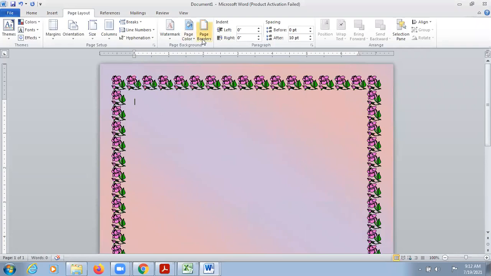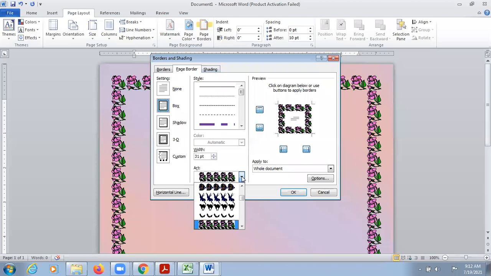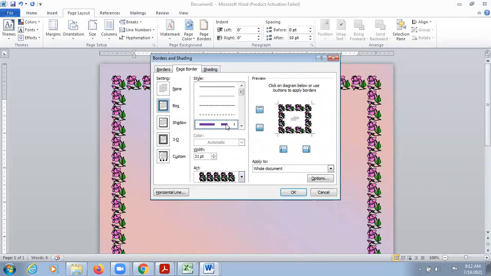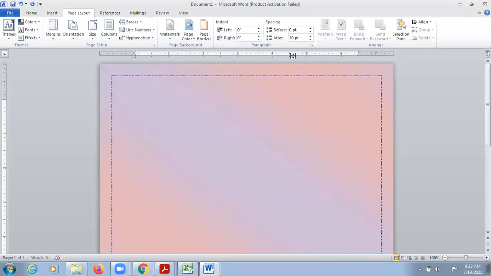But I don't want to choose artistic borders because it's a professional book. Normally, books never have borders like these. Okay? So instead of using these borders, I will choose this one only. Not this one. I will choose this one. Right? Like this, I have given a border to my page cover.